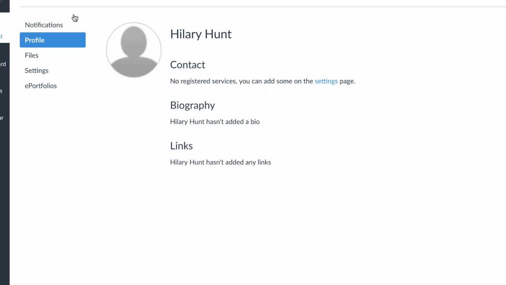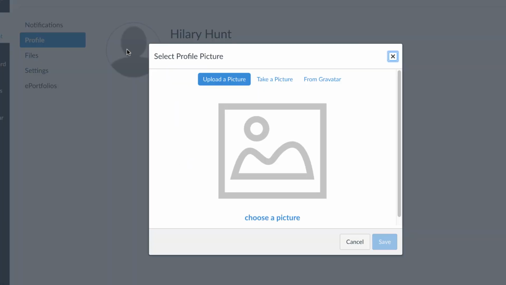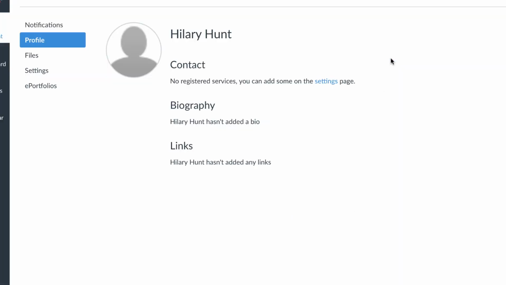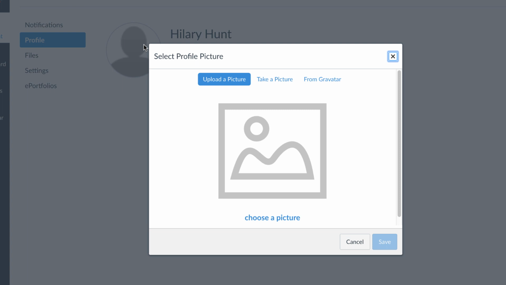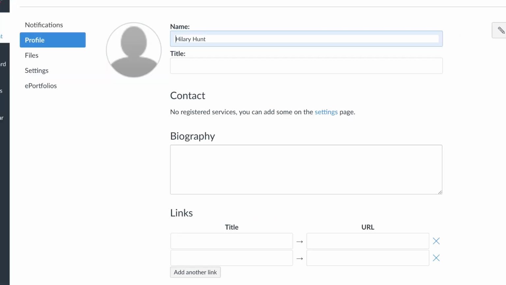Here on the profile page, for example, if you want to update and upload a picture, it's really easy to do. You can upload one that you have, or you could take one sitting at your computer, however you'd like to do that. You can edit your